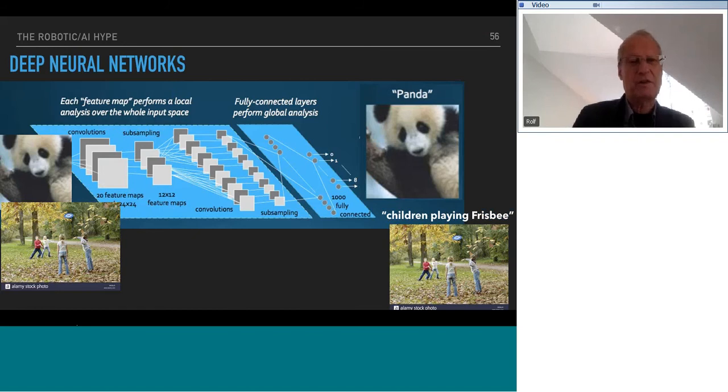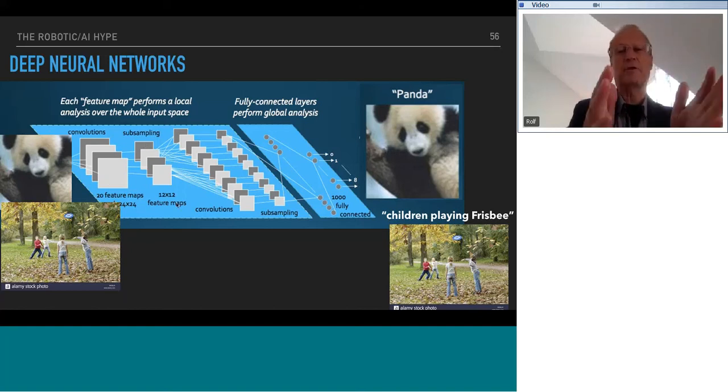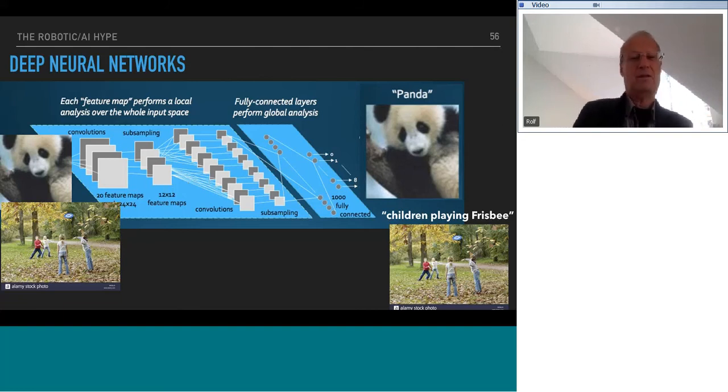Now let's have a very quick, superficial look at what they do in the area of image processing. So the basic setup is as follows. You show the network, for example, a panda or a scene with children playing frisbee. The reason they are called deep neural networks is because you have many, many more layers than you used to have in the past. So you can have not only 5 layers, but 10 layers, 50 layers, even more, and then you can extract the features of the situation more clearly.